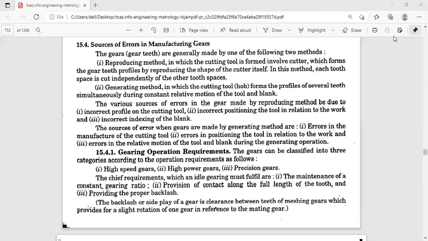Like we have different terminology or different parameters here. Here we have the runout. Already I told you runout. We have the axial runout, radial runout, and the third one is the side runout or wobble. We have the pitch. We have the base pitch. How do you remember the types of pitch in a spur gear? BCD: base pitch PB, circular pitch PC, diametrical pitch PD.